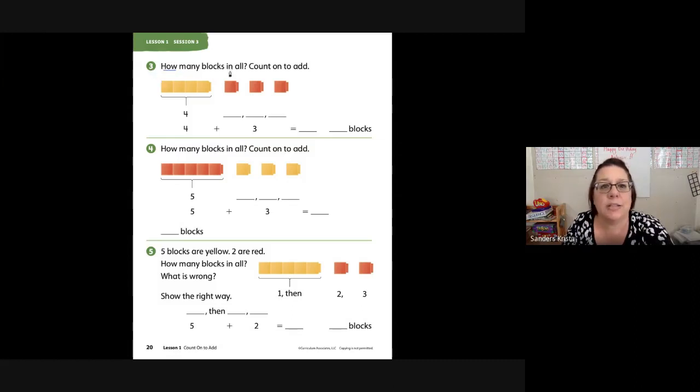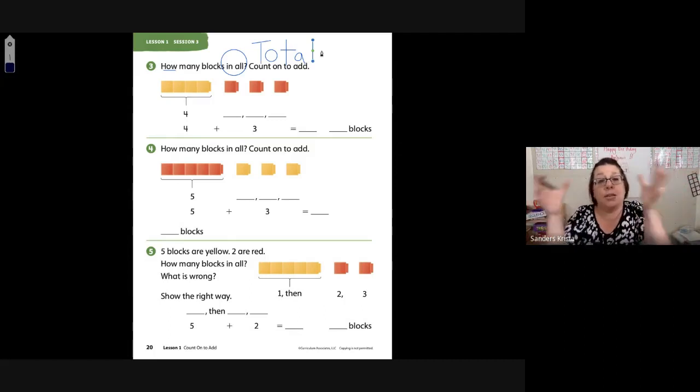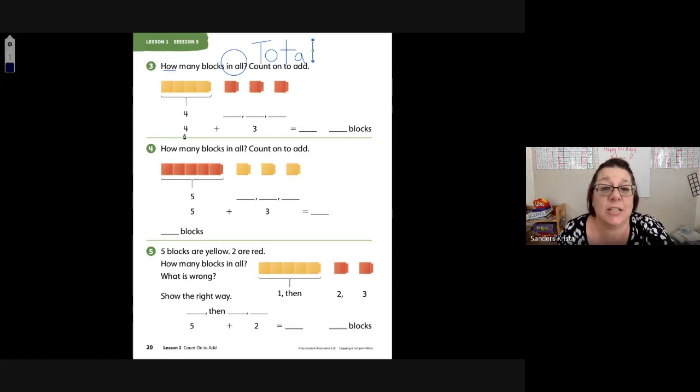How many blocks in all? In all means we want to look for the total. And the total is the part and the part that we put together to make the whole. The equation says 4 plus 3. Well, what's greater, 4 or 3? 4 is greater. So we have 4, count on, 5, 6,